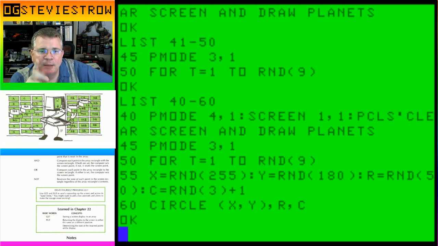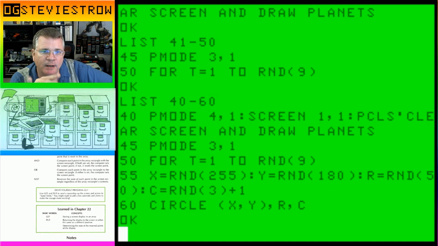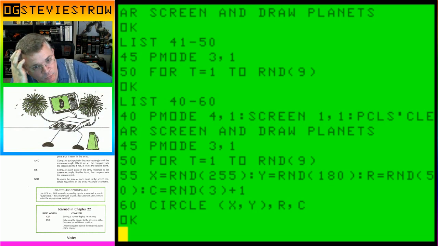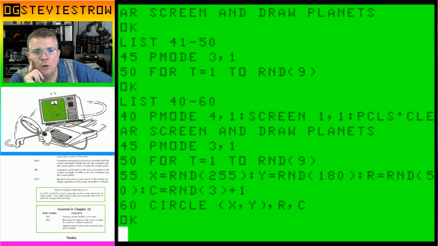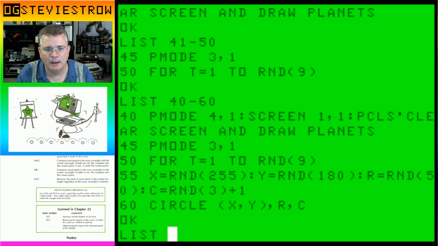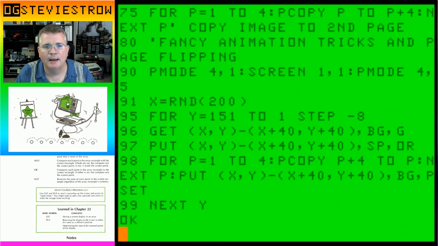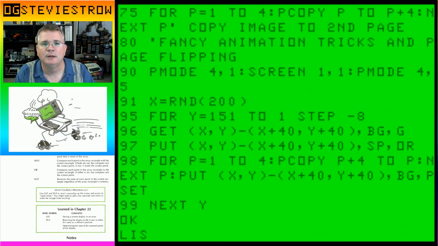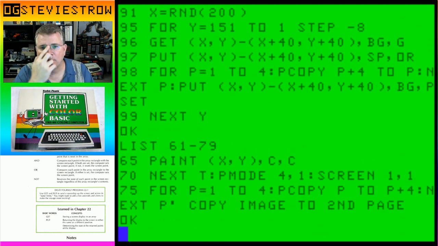I pick a color between 1 and 3, and then I add 1 to it, because in P mode 3, color 1 would be the background color, which would be black, which I didn't want to see, so I'm picking one of the 3 foreground colors, so I'll get red, blue, or white. So then I create the circle at those coordinates based on that radius in that color. And then after I draw the circle, let's do 61 through 79. After I draw the circle, I paint it in. Line 70 then